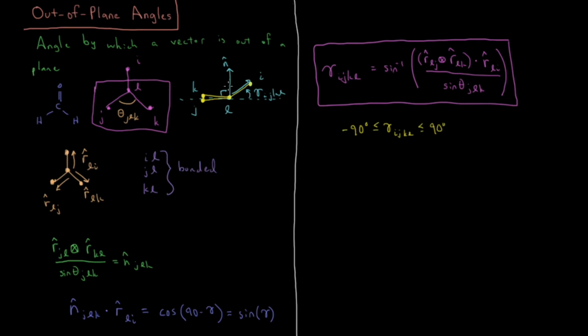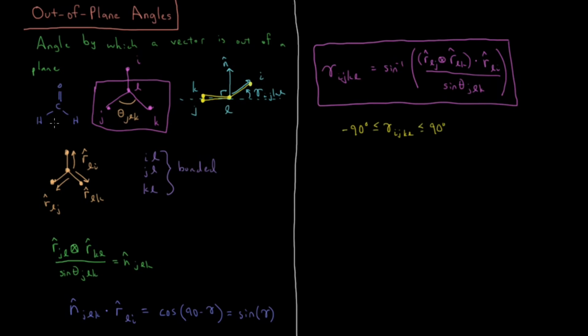It can be perpendicular to the plane, which is a positive 90, below the plane, which is a minus 90. This unit vector here, n, is defined by the right-hand rule of this cross product. So if I reverse the order of these two vectors here, or if equivalently if I switch j and k, I'm going to switch which way this unit vector points, and I'm going to switch the sign on my out-of-plane